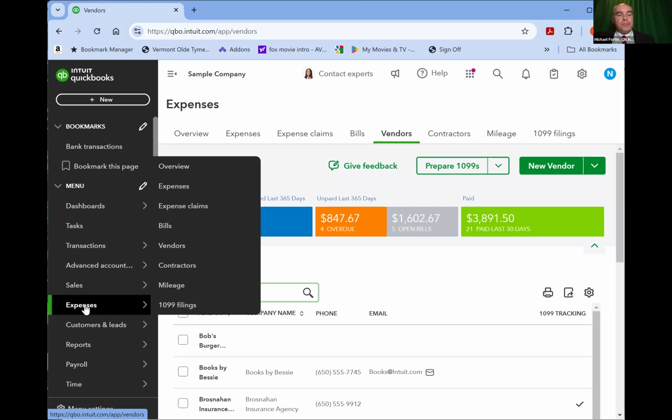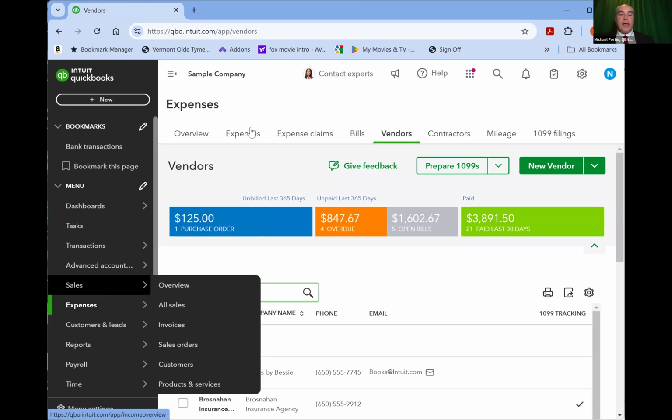So if you were to hover over expenses and click overview, for example, it brings you to the overview screen. You can quickly jump from overview over to the vendors by using the tab at the top of the screen. So just to make sure everybody who might be new to QuickBooks Online is aware that these tabs here mimic what's on the menu.